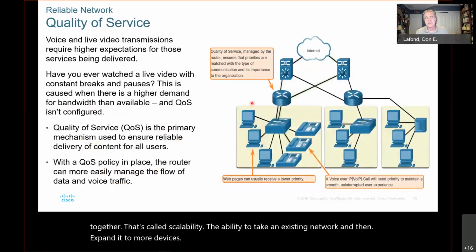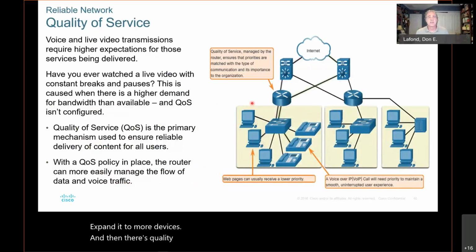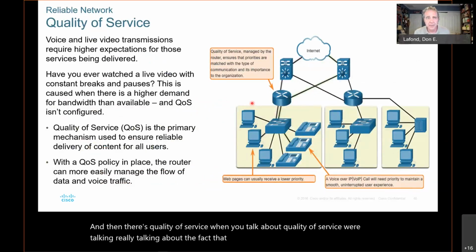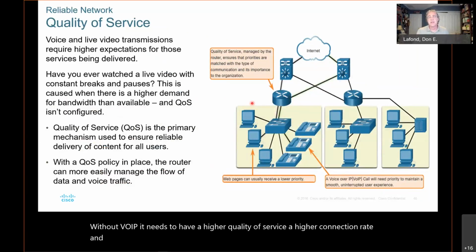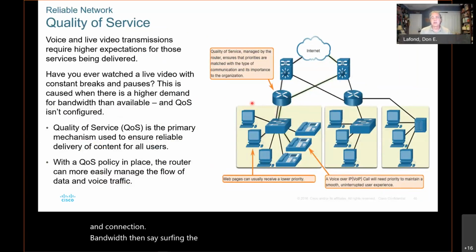And then there's quality of service. When you talk about quality of service, we're really talking about the fact that video and phone service, for example, with our VoIP, it needs to have a higher quality of service, a higher connection rate and connection bandwidth than, say, surfing the web. Surfing the web or transferring a file via a